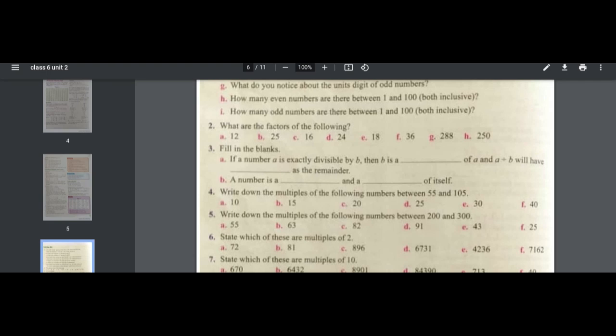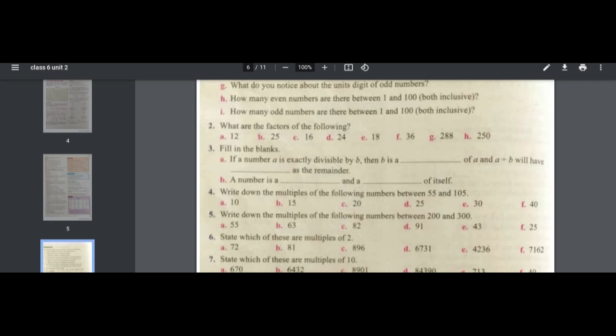No, it is not possible. Why? There is a 2 at the last number. As I told you about the trick, if they give a list of numbers and you have to pick the multiples, you just have to look at the last digit of that number. In 72, there is a 2. That is a multiple of 2. 1 is not a multiple of 2.